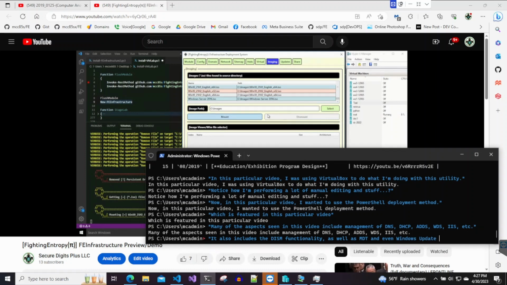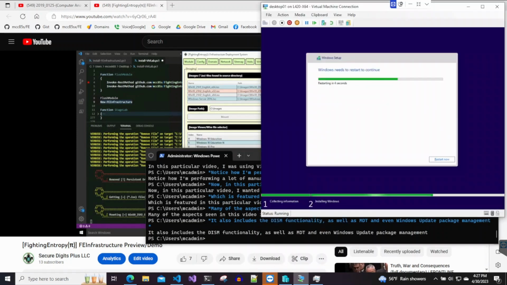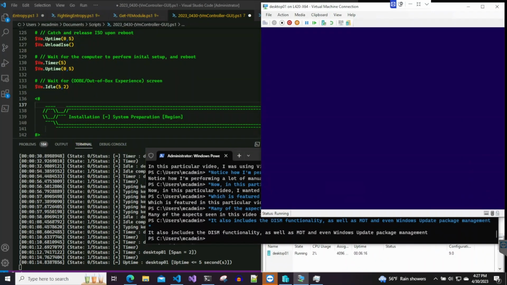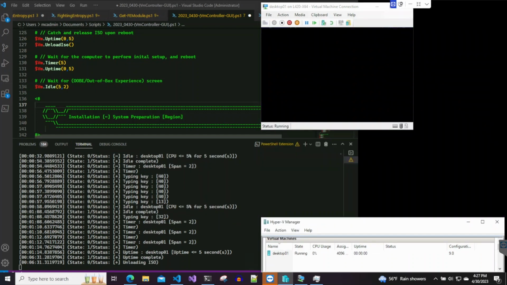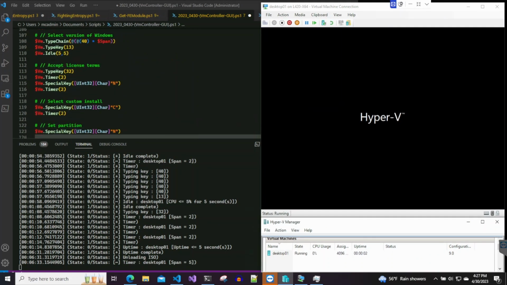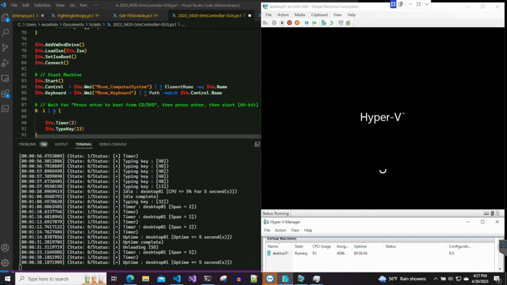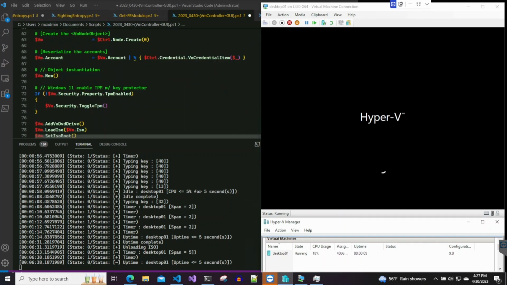So it comes down to this: if you have an ISO, then you have to mount it, and then you have to get the drive letter, and then once you have the drive letter, you have to look for the files that say either install.wim or install.esd. Once you have that path, you can use the command Get-WindowsImage, and then you have to use an index in order to get the extra information from each of the files. And these are all things that the DISM++ tool that I was using is capable of doing,